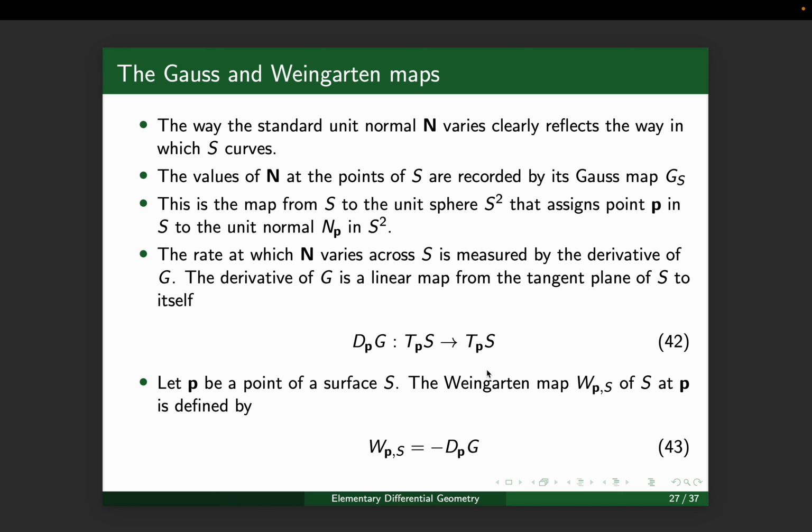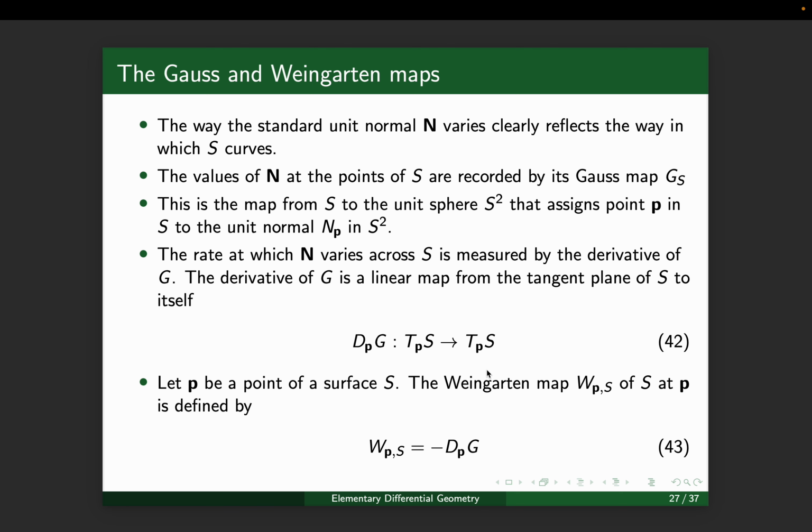In this video, we talk about the Gauss and Weingarten maps and normal and geodesic curvatures. In the last video, we talked about how the curvature of the surface can be quantified. The way the standard unit normal varies clearly reflects the way in which the surface curves. So the values of all the unit normals at the points of the surface are recorded, and we call that